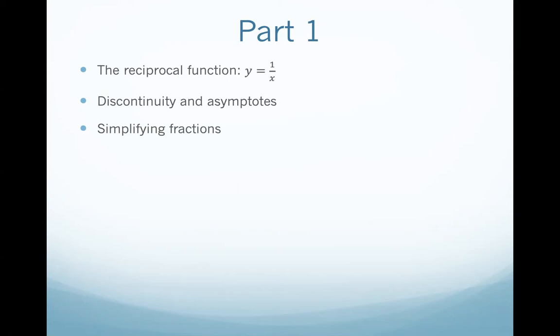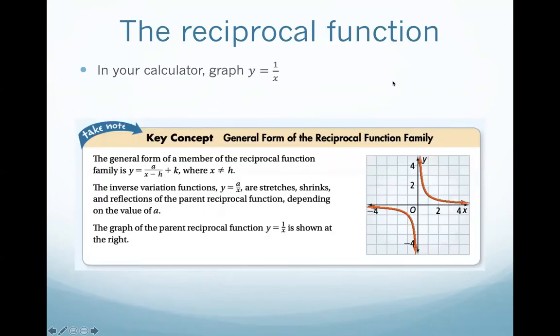We've talked about asymptotes before for exponential and logarithmic functions, but we're going to look at this with what's called rational functions. And then we're going to review simplifying fractions and look at them, especially when there's polynomials in the numerator and denominator. So to get started, we're going to look at the reciprocal function, and that's y equals 1